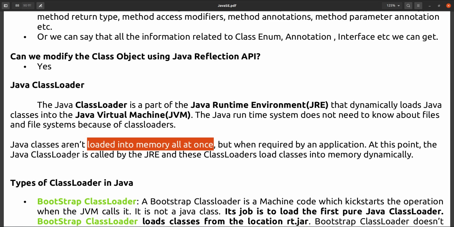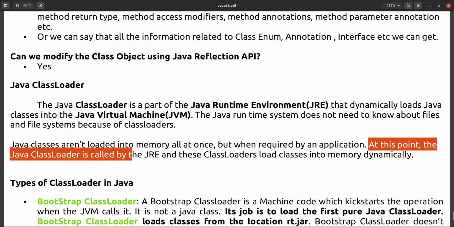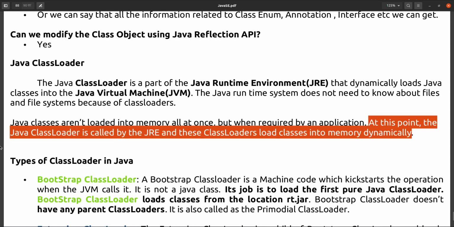Whatever classes you are using in your program, only those classes will be loaded into memory. Whenever required by the application, at that point the Java class loader is called by the JRE, and then the class loader loads the class into memory dynamically. Whenever you need it, only at that time it will load. Okay, so this is about the class loader.